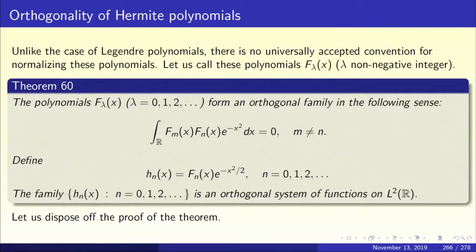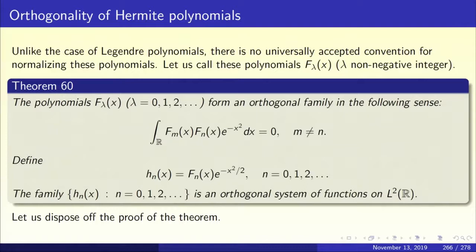In what sense are they orthogonal? That's theorem 60 on the slide. The polynomials f lambda of x, where lambda runs from 0, 1, 2, 3, etc., form an orthogonal family in the following sense: the integral over R of fm(x) fn(x) e to the power minus x squared dx is 0 if m is not equal to n. Remember that fm(x) is a polynomial, fn(x) is a